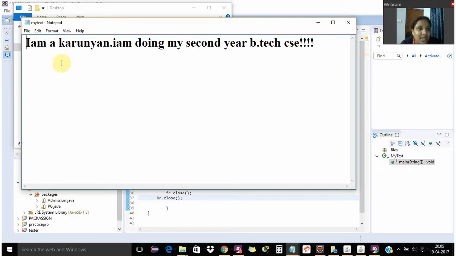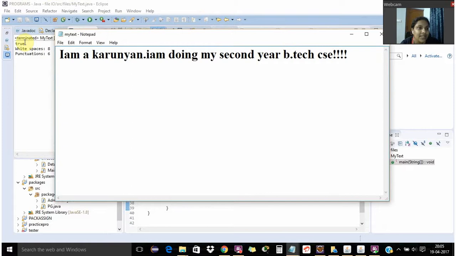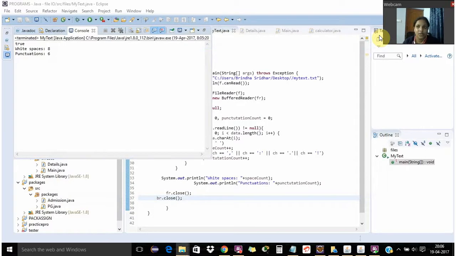So you can see 1, 2, 3, 4, 5, 6, 7, 8 spaces. Yes, there are 8 white spaces and punctuations 1, full stop 1, 2, 3, 4, 5, 6. 6 punctuations. Yes, so in my text file I have 8 spaces and 6 punctuations, and it is reading it